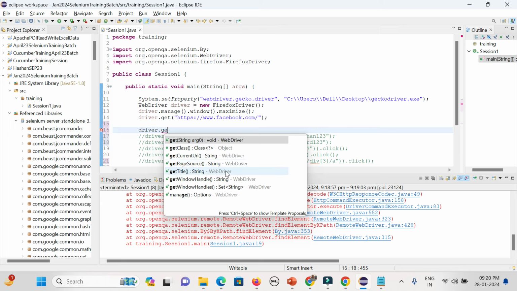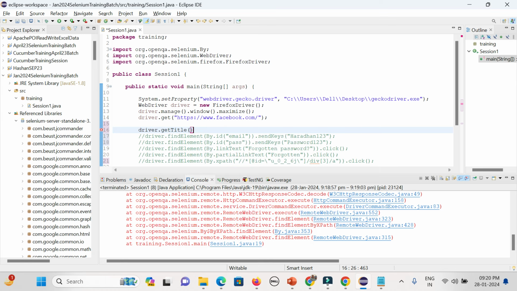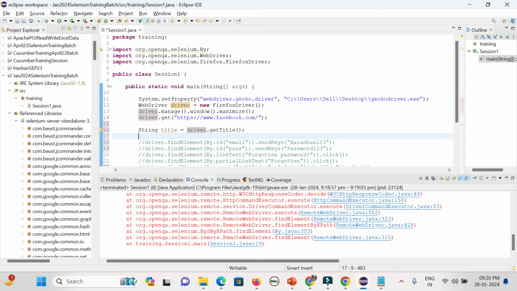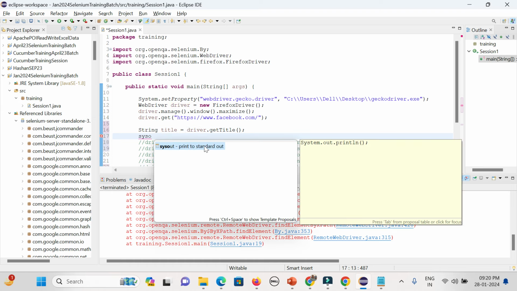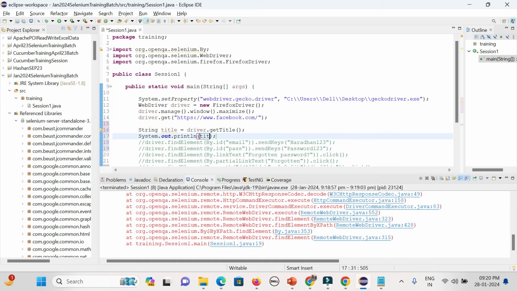So where is it coming from? It is coming from the WebDriver. And what is the return type? The return type is string, so I can store it in some string. Driver dot get title, I can store it in a variable, say title. Now I can print it out with System.out.println, printing title.